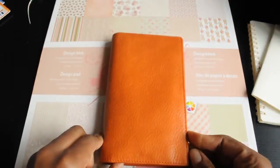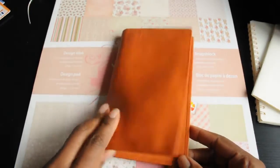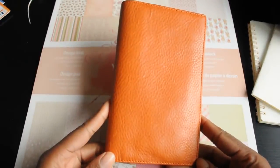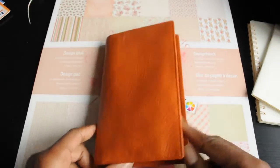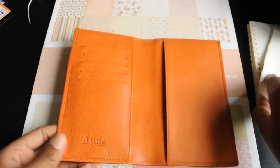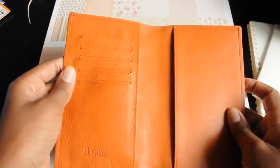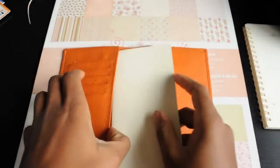And this is an Epoca Orange Pocket Agenda. And you can get this in various colors of epoxy leather as well as croco leather. And it's got 1, 2, 3, 4, 5 credit card slots, and it comes with inserts. The first one being an address insert, which fits this side,